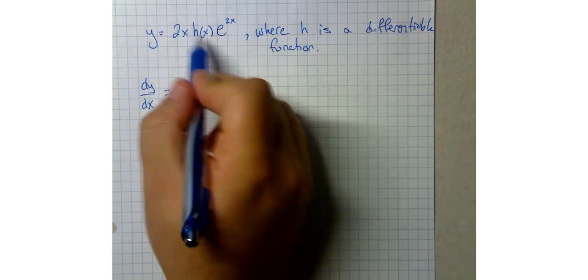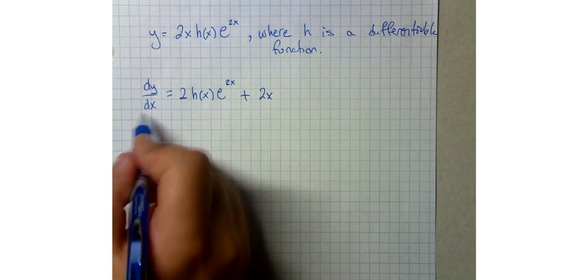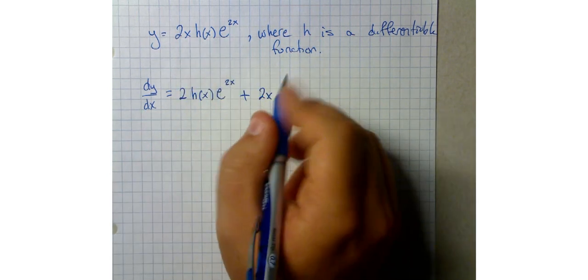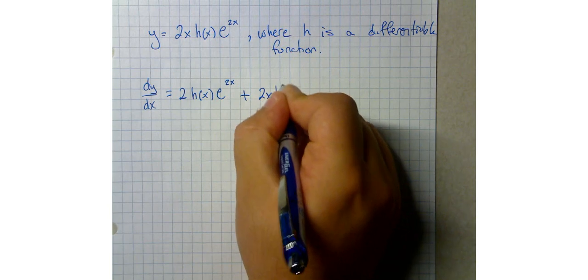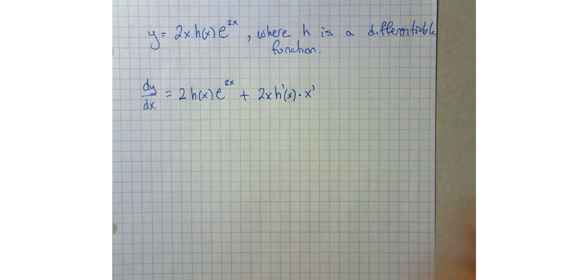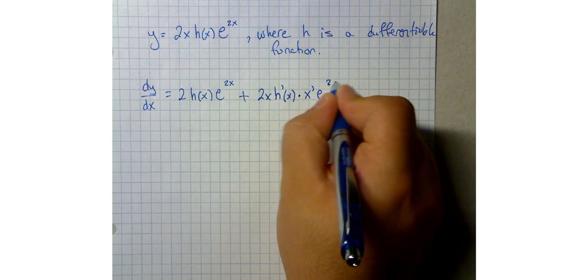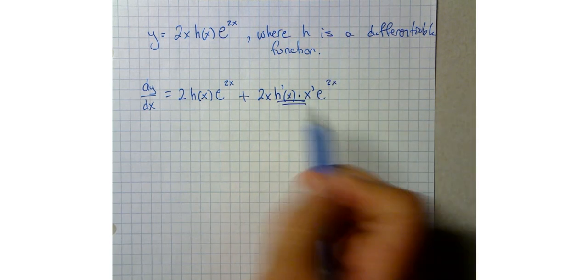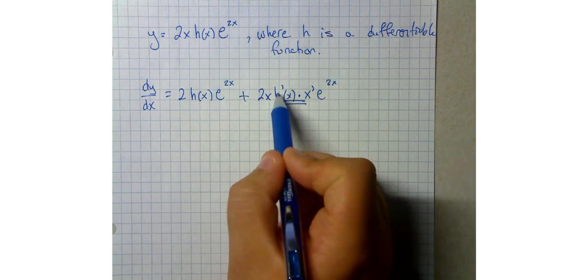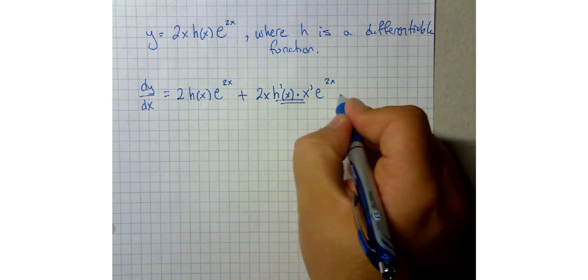Plus, we're going to keep the first function the same. Now we're going to take the derivative of h of x. The derivative of h of x in terms of x is going to be a chain rule. You're going to take the derivative of the outside, keep the inside functions the same, multiply by the derivative of the inside. And then we're going to keep e to the 2x the same. This is the chain. So h of x has a function, let's say x in the middle of it. So it's h prime of x times x prime, which is the derivative of the inside function,